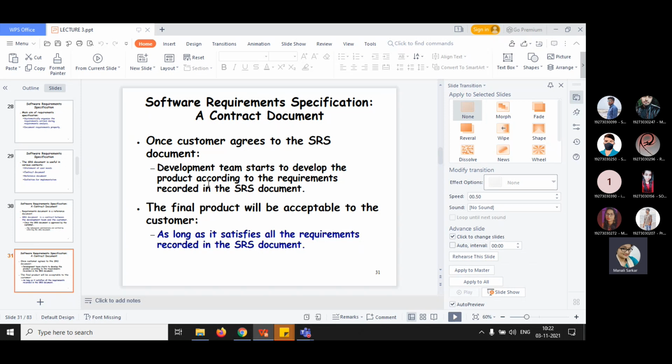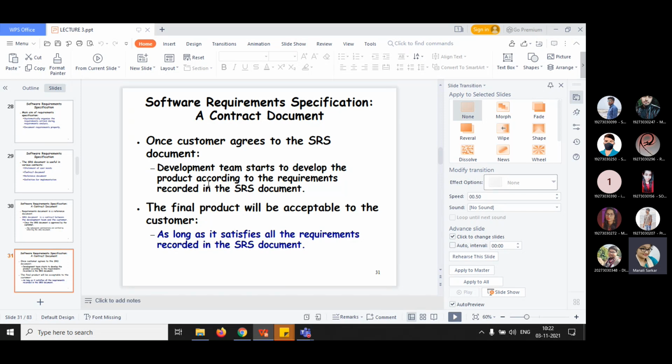They map the functionalities of the software with that document, because if, after developing part of the software, the customer says I don't want that product, I want it in that way, then that kind of problem should not occur. Developing something requires cost, so you cannot bear any loss for your company. That's why whatever software you develop should match the SRS document.